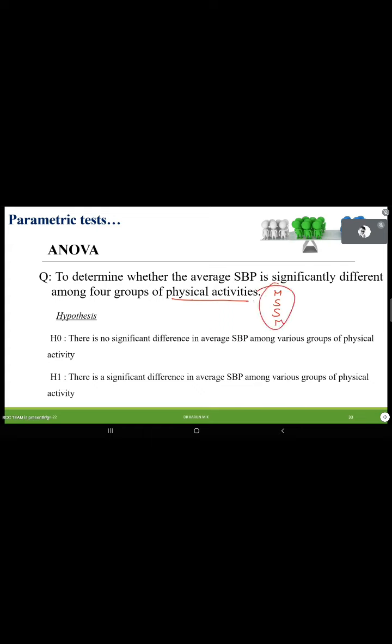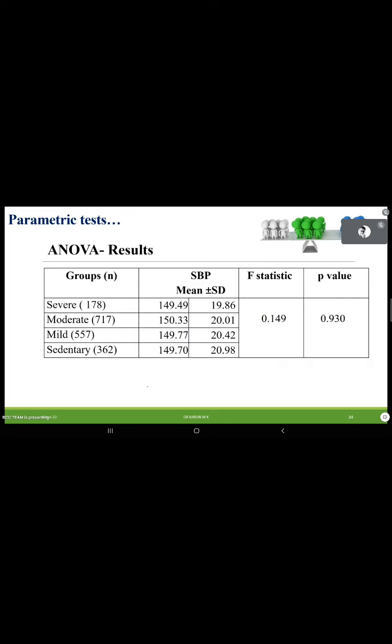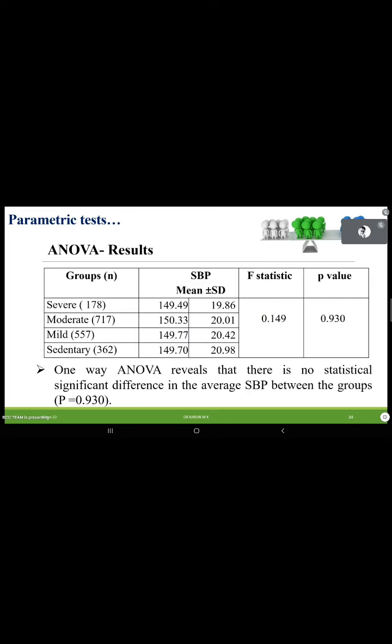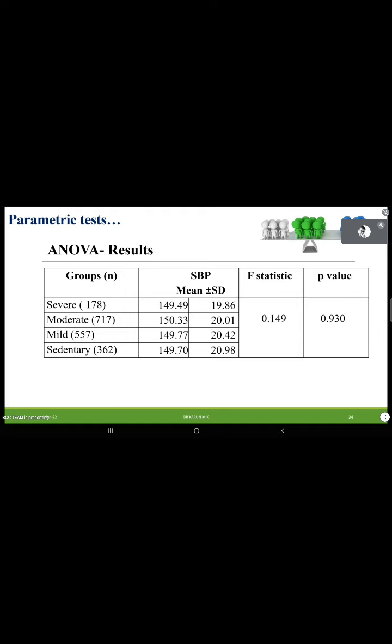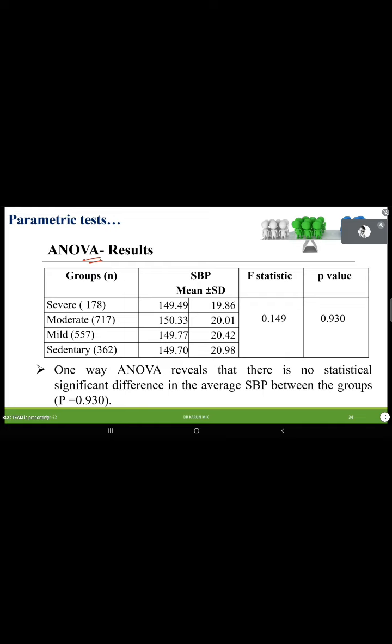So whether all the physical activity groups have the same SBP or not. Here we have four groups instead of two independent groups. The average value of SBP is the same for different groups of physical activity, which we are checking. This is the way we are supposed to write the hypothesis, and as the data follows normality, I perform one-way ANOVA, and we are supposed to report like this. It is an extension of the t-test.